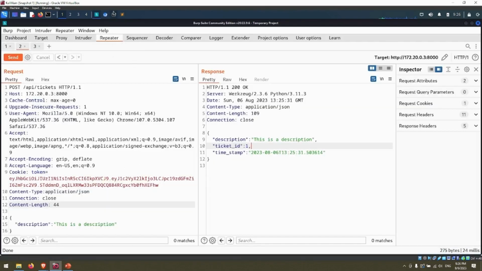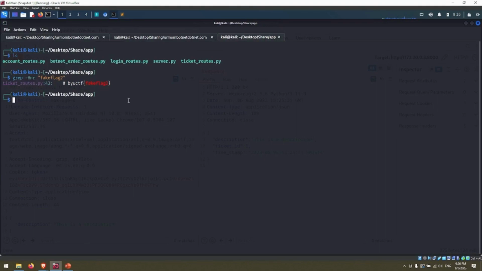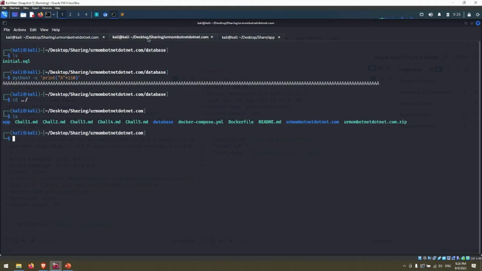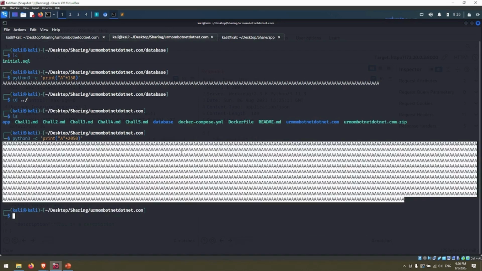So what we can do, go here, go back to here. Instead of printing 150, we want to print 2048, right? So 2050, let's say. Copy this,